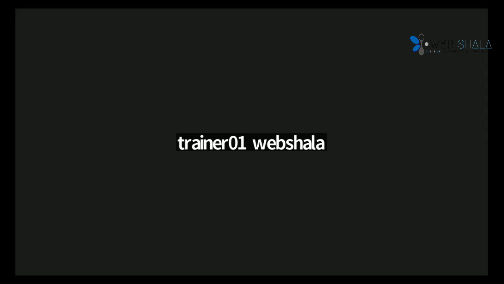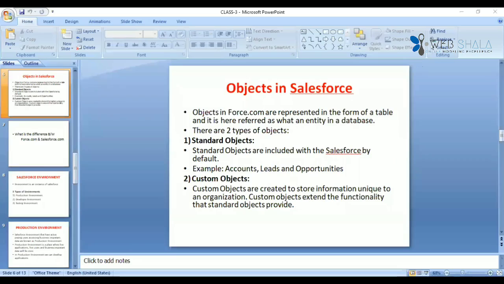we'll talk about the different objects we have. So how many types of objects do we have? We have two types of objects. What are they? Standard object and custom object. Okay. So what is a standard object? Listen. A standard object is an object which is already present in Salesforce, included with Salesforce by default. That is created by Salesforce by default,